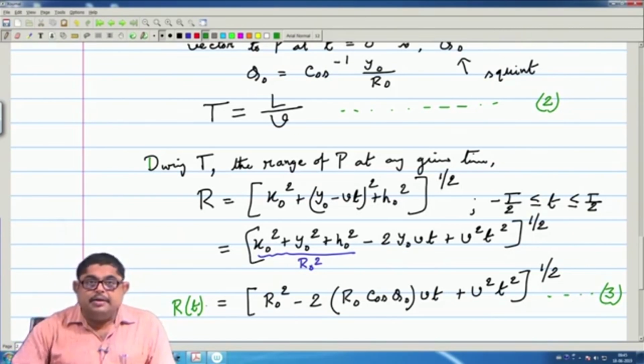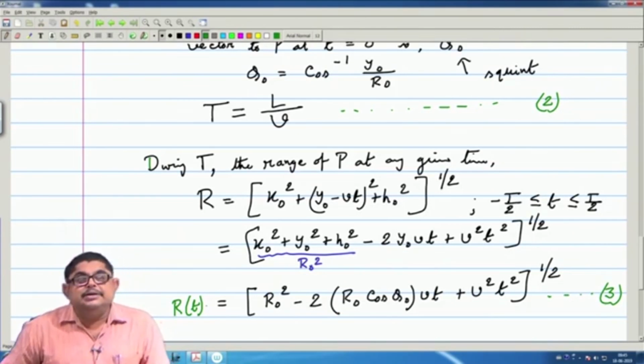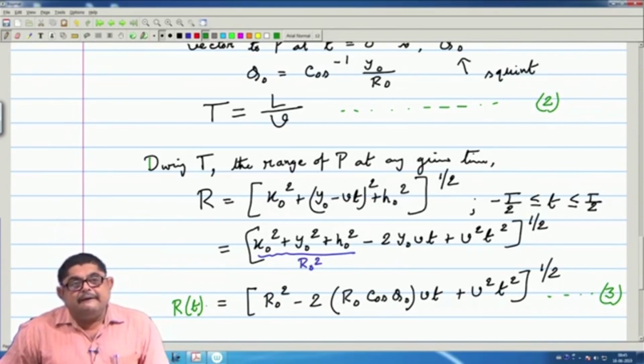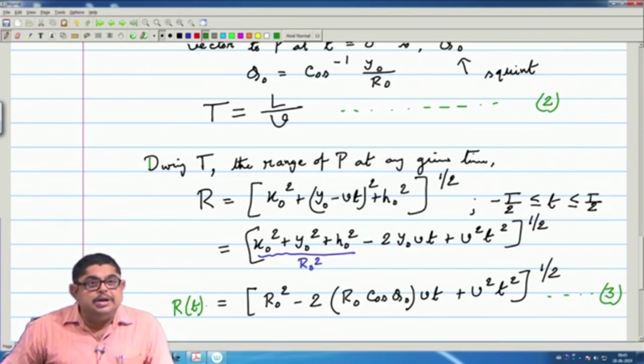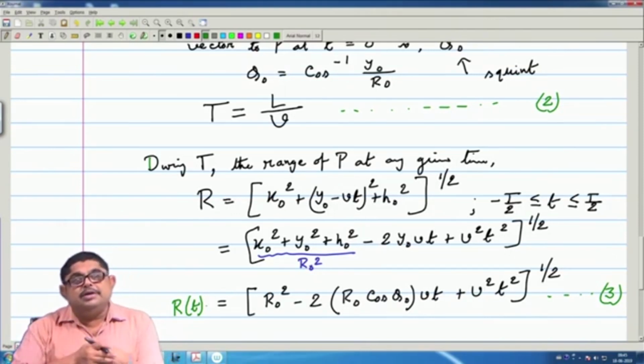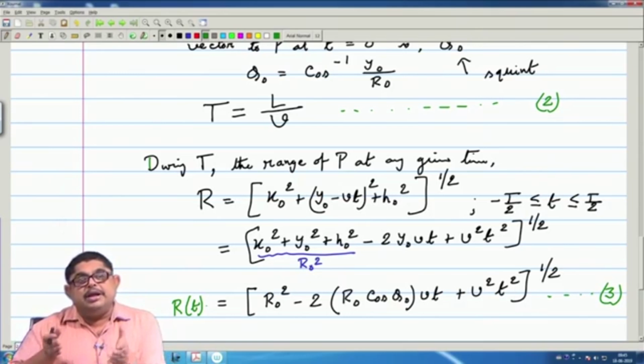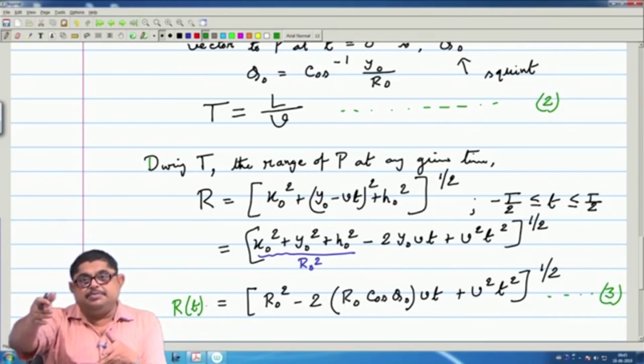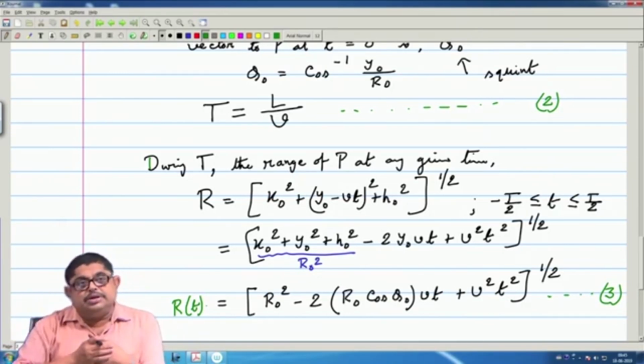I can expand this range equation R in Taylor series about t is equal to 0. That will tell us how the range is varying, and from that we will find out the phase history of various points. That means, if the radar is at various points, what will be the phase of the echo signal, that we will be able to do. So, that we will do